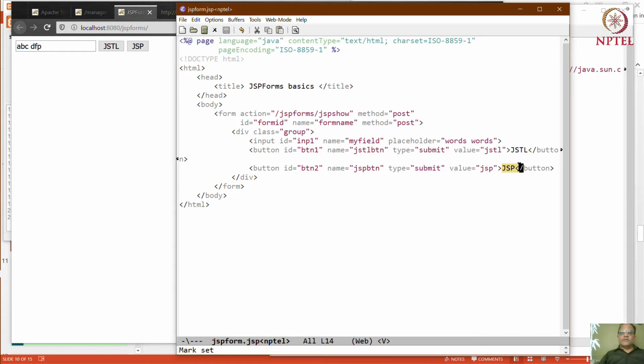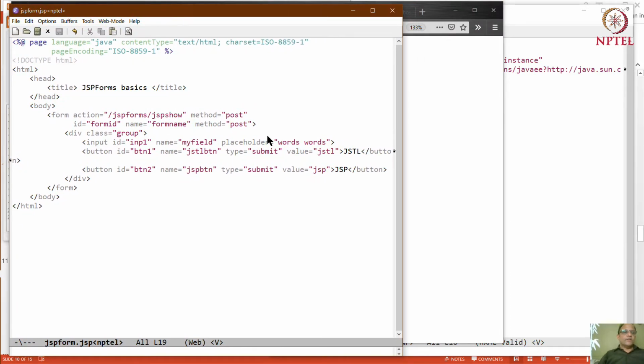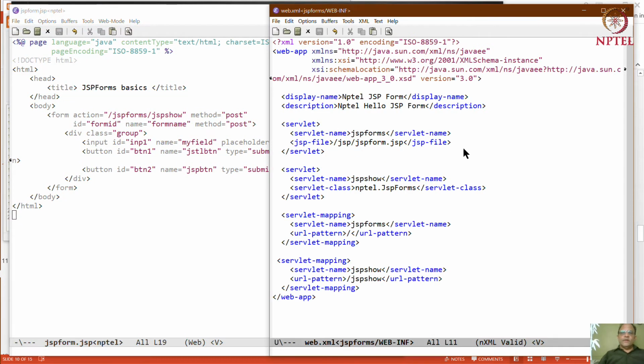So these are the so-called button tags, and the placeholder is defined over here. So this is what shows up. Now that's as far as the form is concerned. Now let us see what happens when we come to the JSP forms class.